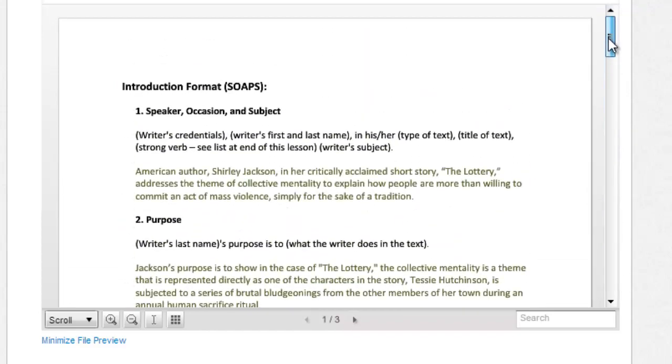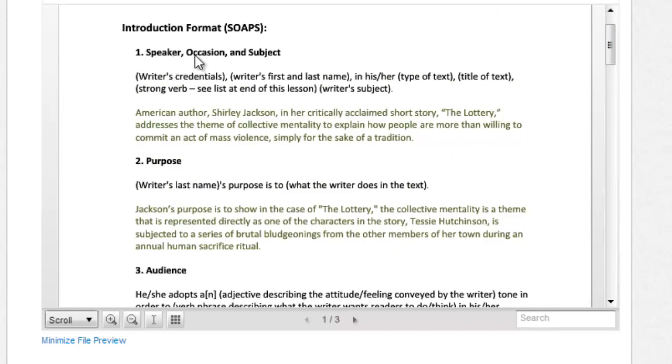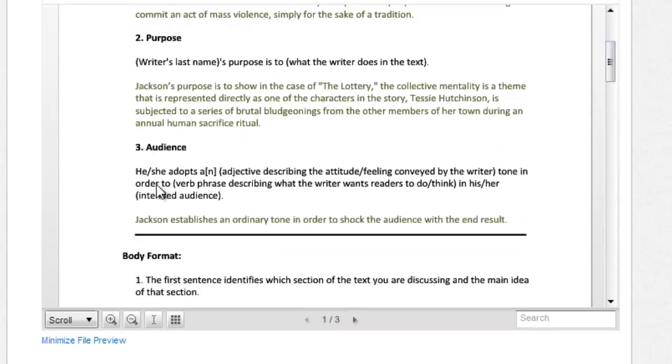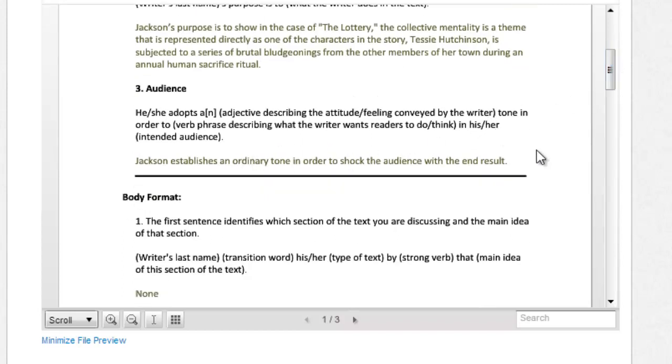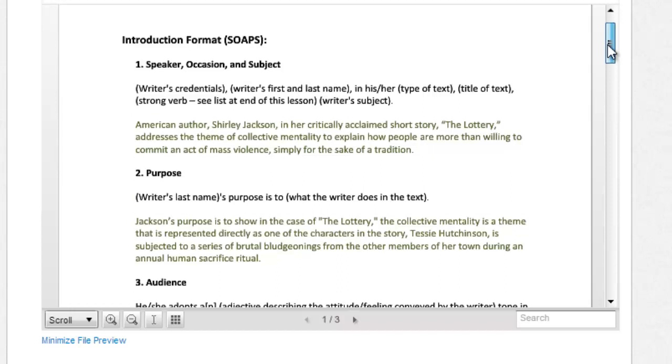because they will give you a good example of how to analyze theme, and it will go through the SOAPS, S-O-A-P-S. They're not in order, but that stands for SOAPS. So you have to cover speaker, occasion, and subject, your purpose, which is going to be your thesis, and then who's your audience. Now, a lot of times you can skip some of these elements, for instance, audience, because our post is very short. But you can't skip purpose and speaker, occasion, and subject.